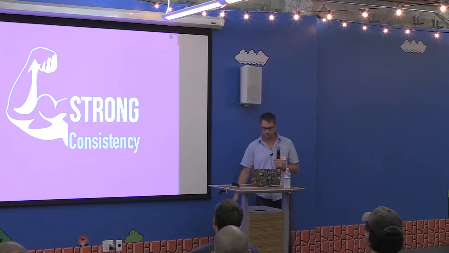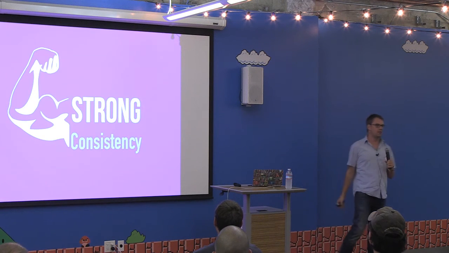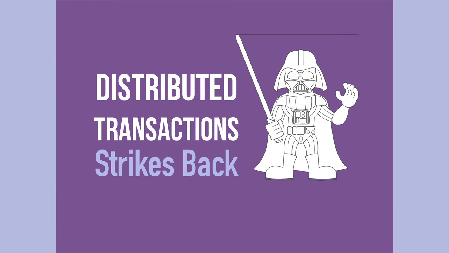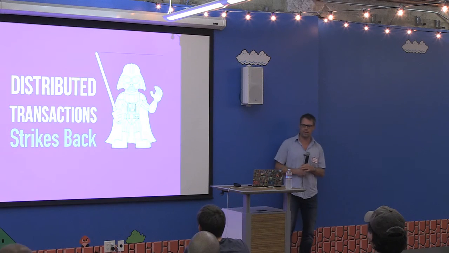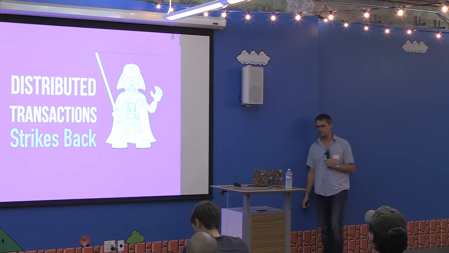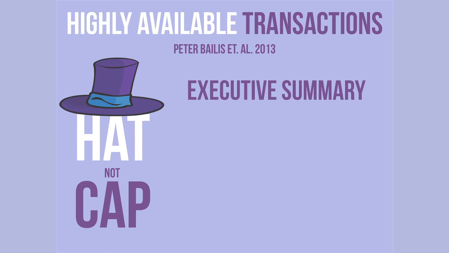Strong consistency. That's basically about linearizability, and that's sometimes needed, but it has a very high cost, I think. There have been some pretty interesting papers lately about that actually. I said in the beginning, it was even part of my graveyard, right? The XA transactions are doomed to fail. Distributed transactions are actually on their way back, but in a different form. One of the great papers there is by Peter Bailis. It's a very recent paper. He talks about highly available transactions, and he talks about HAT instead of CAP. It's sort of cute in a way.